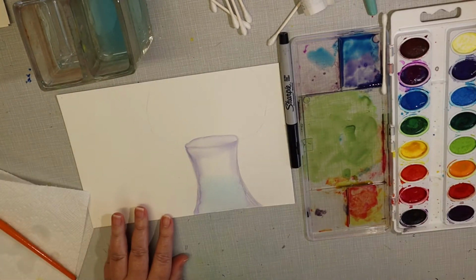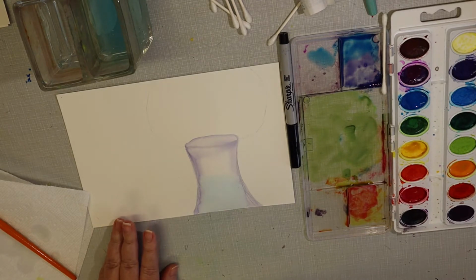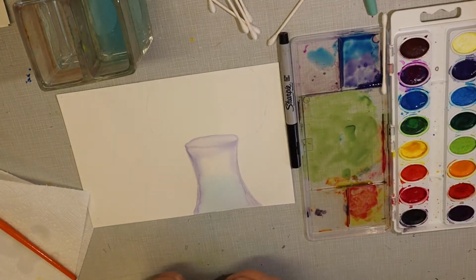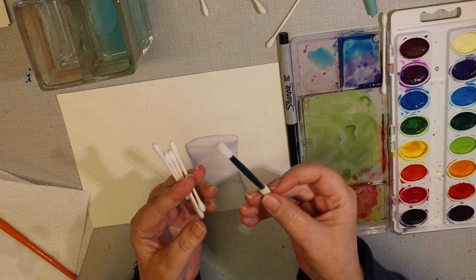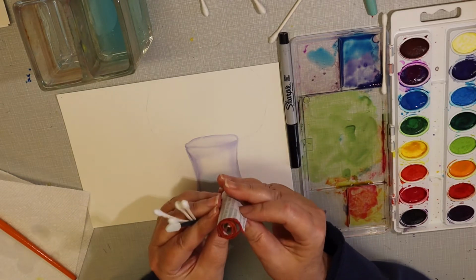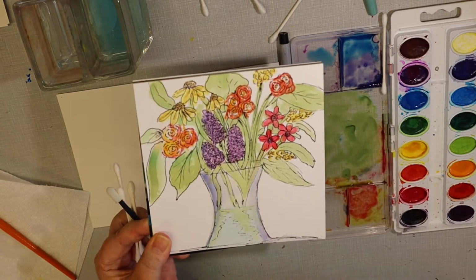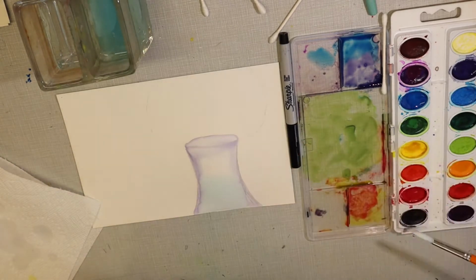That'll dry, and while that dries, we are going to use some different tools today that you could find around your house. You could use Q-tips and a makeup sponge, like out of an old eyeshadow thing. I thought I could get a rose shape by rolling up a piece of paper and dabbing it in the edge of the water, and I think it did alright, with these little orange peony type rose shapes. So I'm going to mix up some red,